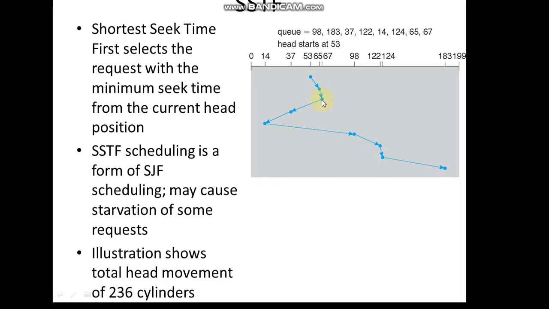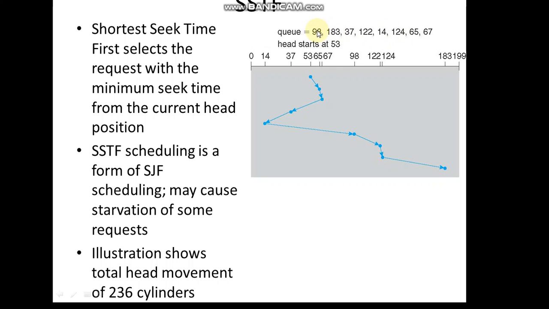Then from 67, which is nearest? Obviously 37, because 65 is already done. So the next nearest cylinder in the request queue is 37, so it will go to cylinder number 37. From 37 the nearest cylinder is 14, and from 14 we get the 98th cylinder as nearest, because we are left with 98, 183, 122, 124.